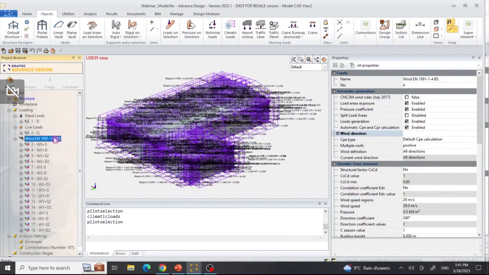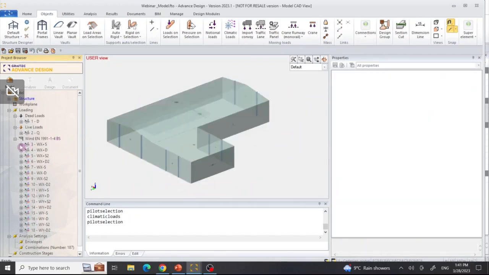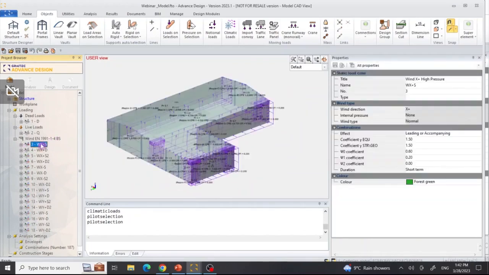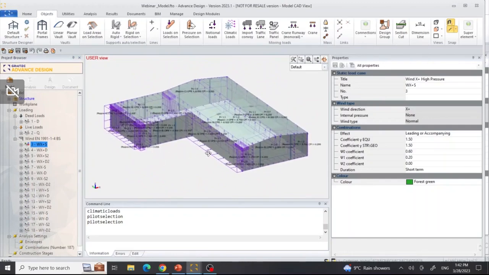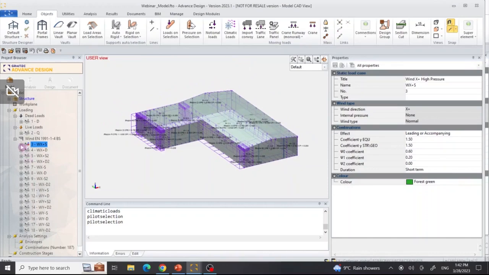I am going to hide all the load cases of the wind, and I will generate just one. So the wind now blows along the X direction. So this should be the region D. Regions A, B, and C will be generated on those areas, and E is going to be that area. And if I zoom in,